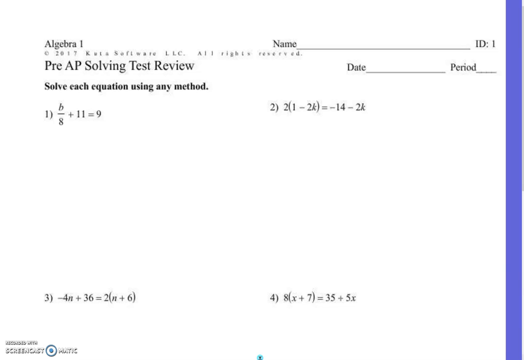So solving each equation using any method. On your test, you're going to have linear, quadratic, and systems. I'm not going to say these are linear and these are quadratic. You should just know that stuff. Most of these first four are really easy. The one that's probably going to freak you out, even though it's not that hard, is this guy here because